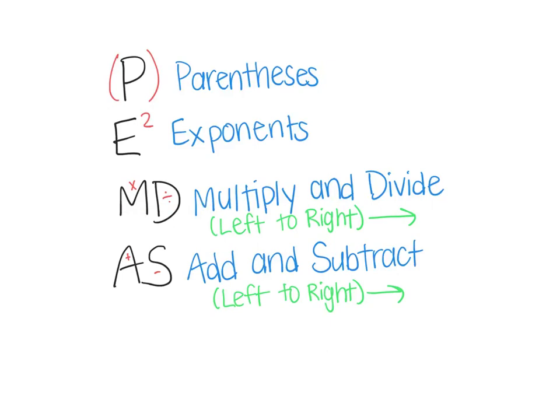So in a problem, first you're going to do the parentheses, then you'll do the exponents, and then at the same time you're going to do multiplying and dividing. You'll start at the left of the problem and move right. And anytime you see either multiply or divide, you will solve. It doesn't matter which one comes first, you move from left to right. Then after that, you add and subtract. Once again, moving from left to right. So you start on the left of the problem, moving right, solving whatever you see first. It doesn't matter if it's subtract first, add first, whatever it is, moving from left to right,